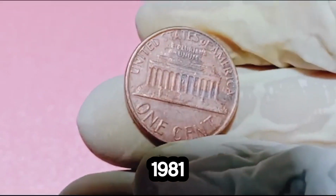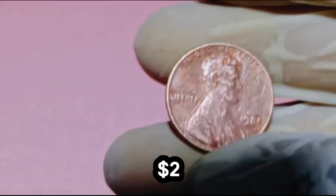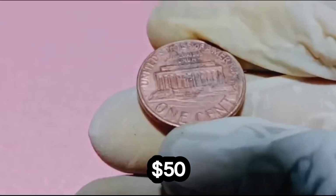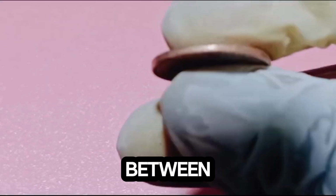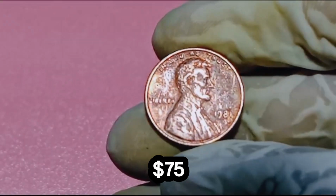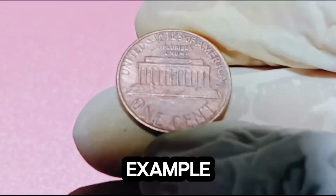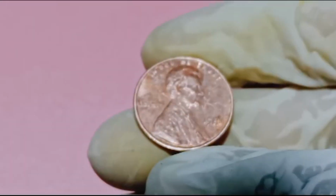An uncirculated 1981 Lincoln cent, graded MS-65 or higher, can be worth between $2 and $5. Coins in MS-67 condition, which are very rare, can command much higher prices, sometimes reaching $50 or more. The 1981 S-proof Lincoln cent in Type 1 generally ranges between $5 and $10. But the rarer Type 2 proof can sell for as much as $75 to $150 or more, depending on its grade. Error coins can range dramatically in value. For example, a double die or off-center error could range from $50 to several $100s, depending on the severity and